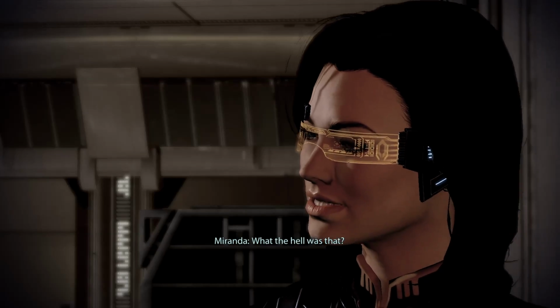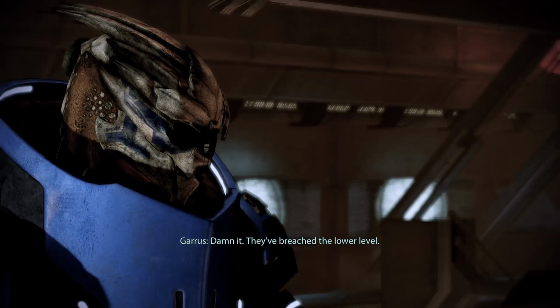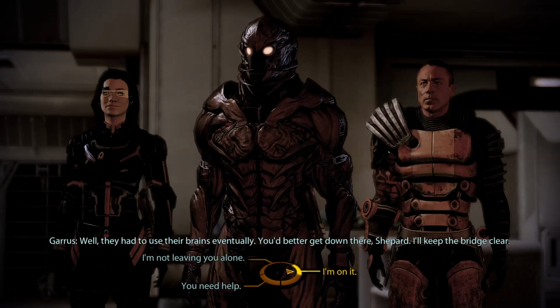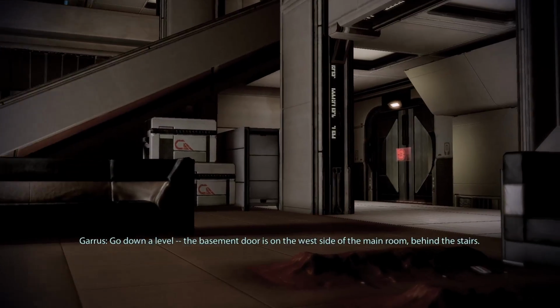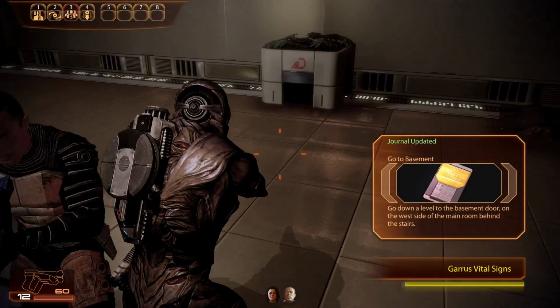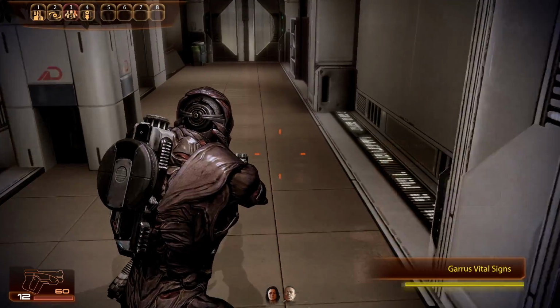Now, I found this fight a little bit tougher than I do normally. Again, I'm not sure whether it's because of using the mouse and keyboard, but I got hit a few more times than I was expecting. Now, at this point, you can choose to guard Garrus, you can leave someone behind with him, or you could actually go down into the tunnels and leave Garrus all to himself, and I chose to